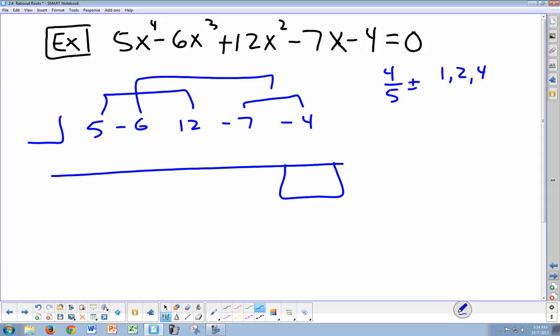So, oh man, I'm feeling really lucky here. I know that 1's going to work. 5 there. This will be a 5, negative 1. This will be a negative 1, 11. This will be 11. This will be 4. This will be 4, and this will be 0. So keep that little idea in mind that you can use that 1 when the coefficients add to 0. Now this time the coefficients don't add to 0, so I'm going to have to do a little bit of